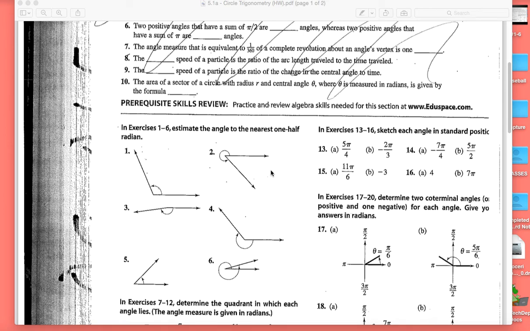All right, guys, for the next section, it's going to be 13 to 16. So I'm going to take a look at number 15. So that is 11 pi divided by 6, and then as well as negative 3. We are just sketching these angles, which are measured in radians, because you don't see a label, in standard position, right? So 11 pi over 6 and